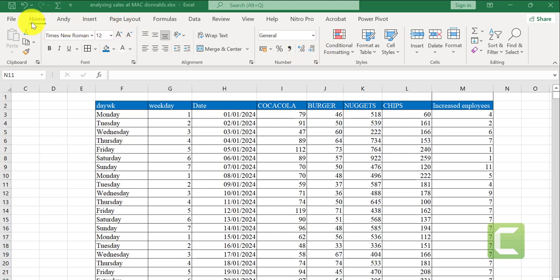Today we are going to see how the influence of increasing employees in your company can drastically increase or reduce your sales values. We are going to use Excel in order to do that, but before that, we have to remind you that